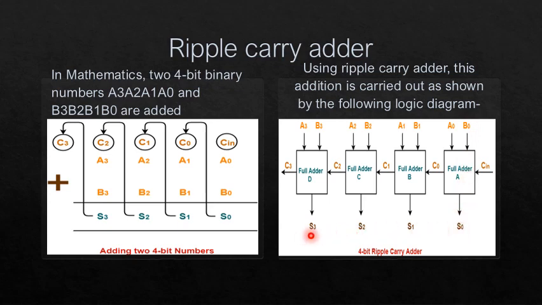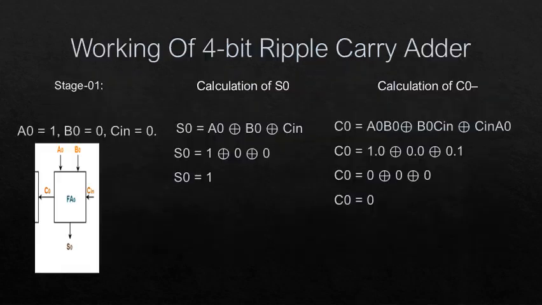The ripple carry adder works in different stages. Each full adder takes the carry as input and produces a carry out and a sum bit as output. The carry out produced by a full adder serves as the carry in for its adjacent more significant full adder. When carry in becomes available to the full adder, it activates the full adder. After the full adder becomes activated, it comes into operation. Now let us see the working of a 4-bit ripple carry adder.